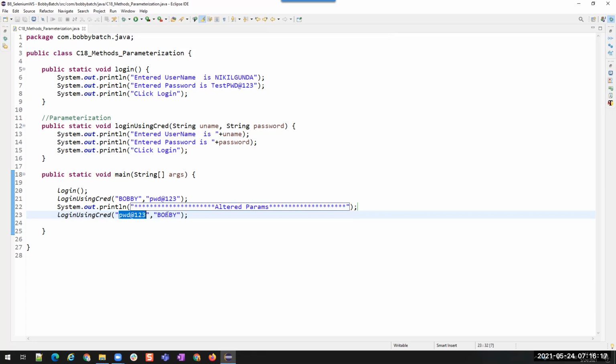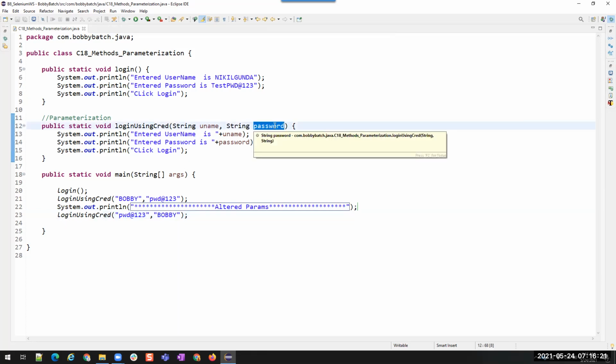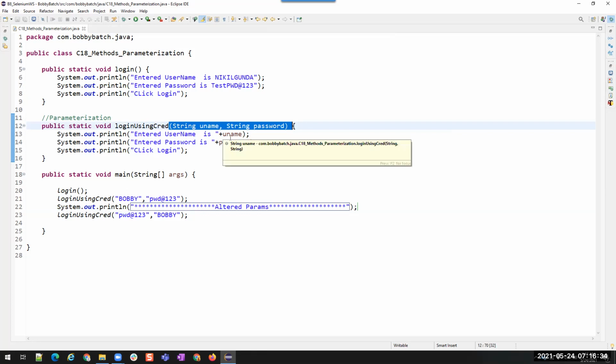In which order are you passing, and in which order are the parameters? The same order in which the parameters are declared, the same order we should follow to pass the values into this method. If you interchange, these values will be interchanged and it might lead to some errors, or it won't be able to log into the application in this case. Is that clear?